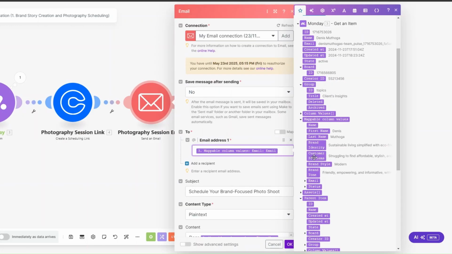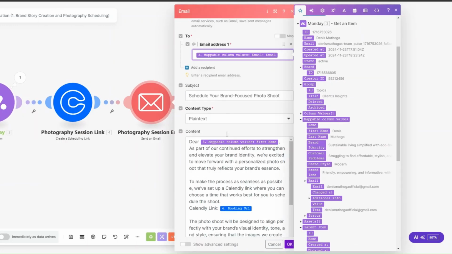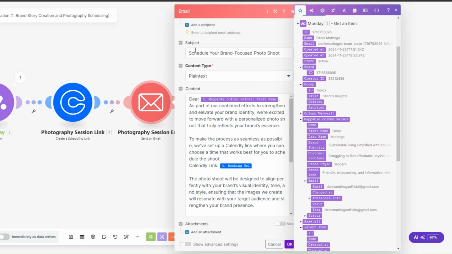For the email address, we're going to add our client's email address right here. The public link could be along the lines of "schedule your brand focus photo shoot." The content type, we're choosing plain text. The content of the email could be along the lines of "Dear first name,"